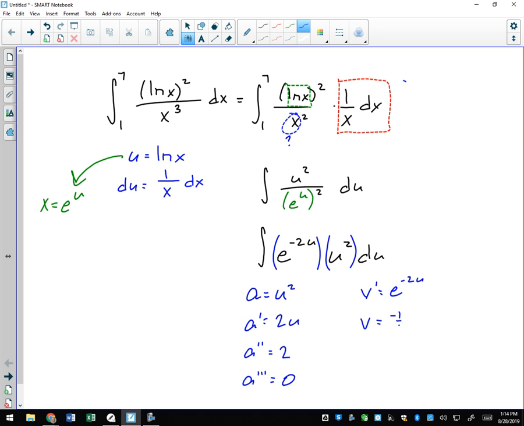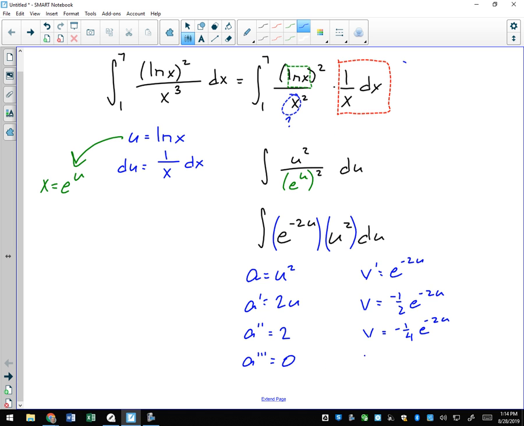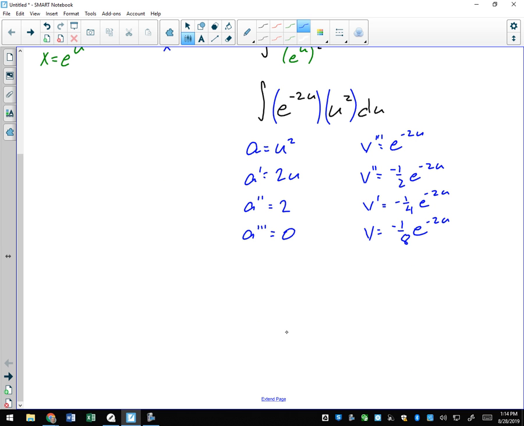So that's going to be negative 1/2 e to the negative 2u. The next antiderivative would be negative 1/4 e to the negative 2u. And finally, I will have negative 1/8 e to the negative 2u. And I guess technically I started with the third derivative of v, then the second, then the first, and then v. And now I will finally finish up the antiderivative, multiplying down diagonally with the positive product of a and v double prime. Then I'll subtract the product of a prime v prime, and then I'll add the product of a double prime v, giving me u squared,